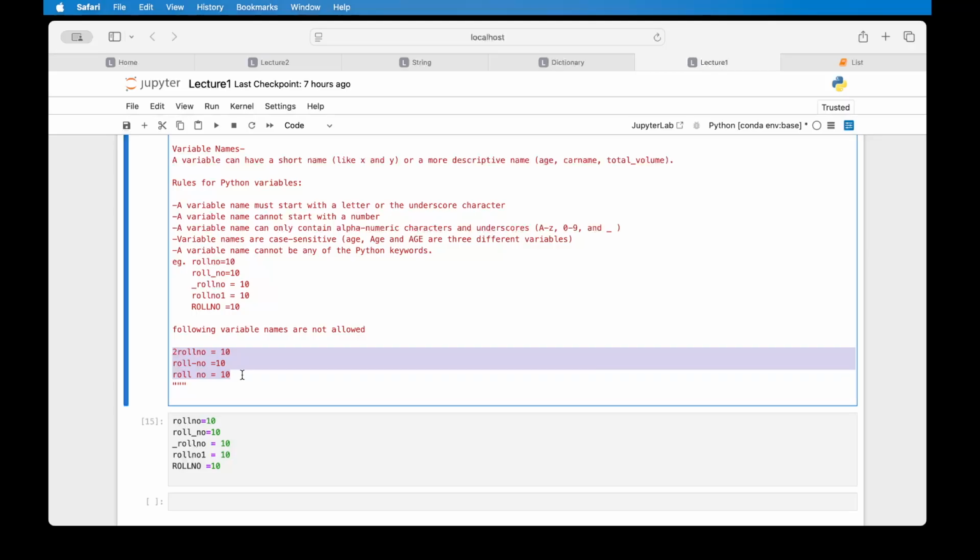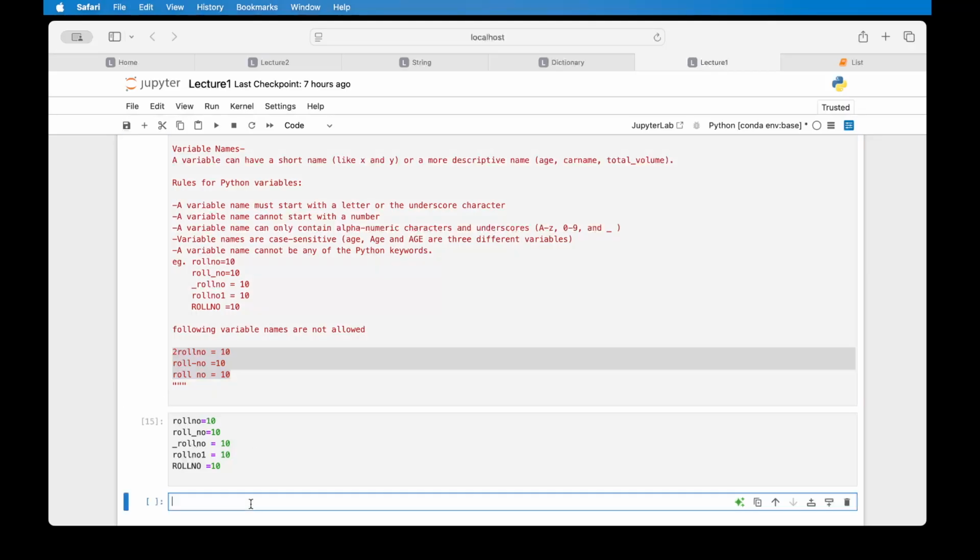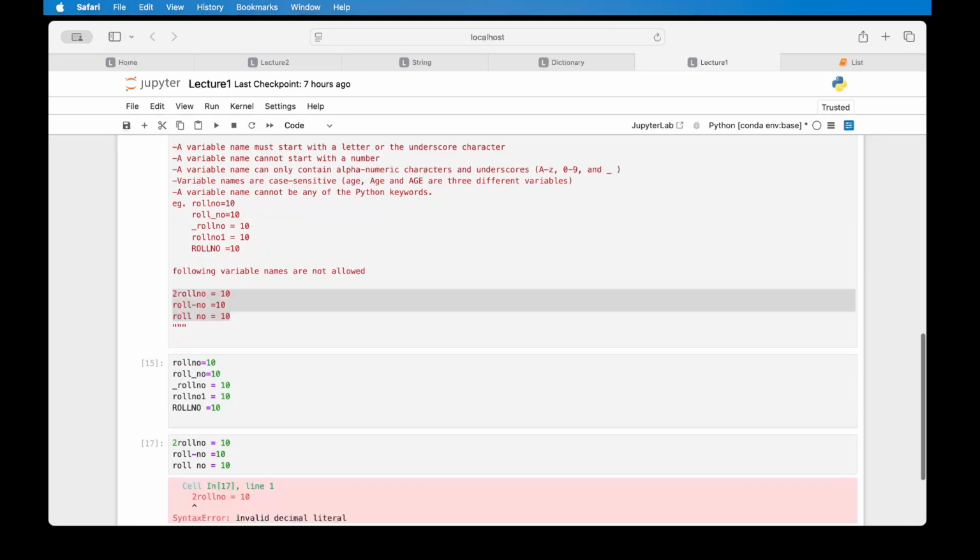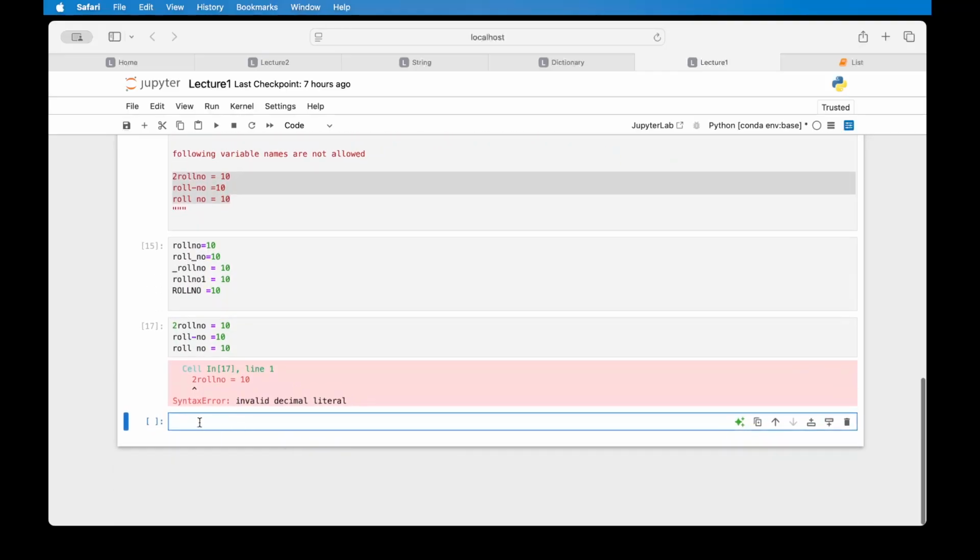Now we will execute this one. Now see, we are getting an error here, syntax error, invalid decimal literal, meaning this 2 is not allowed here. Again, these two statements are also not allowed. This is about